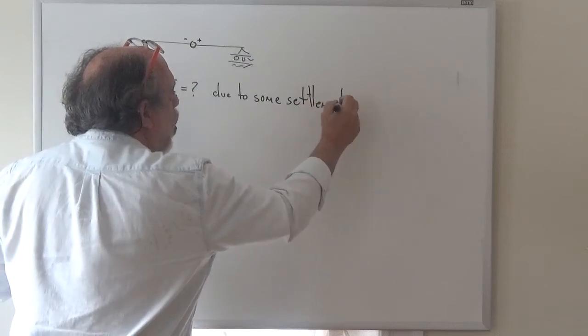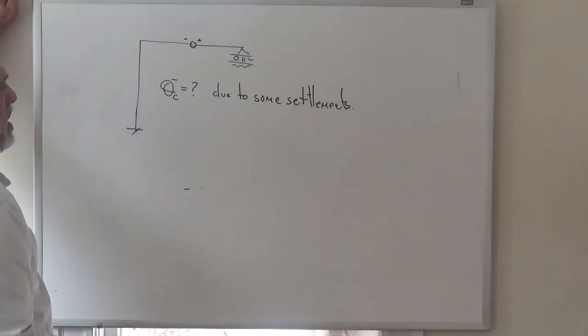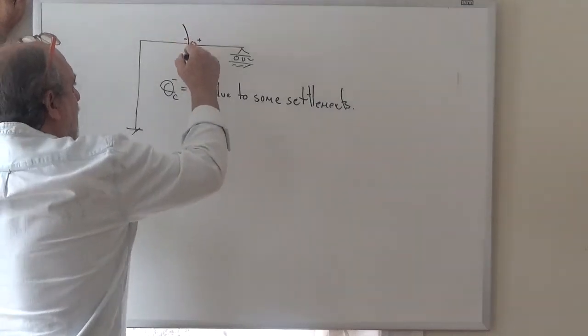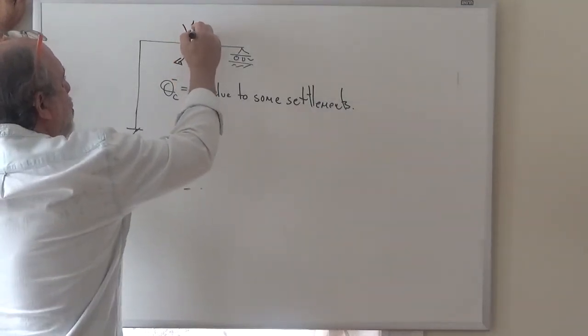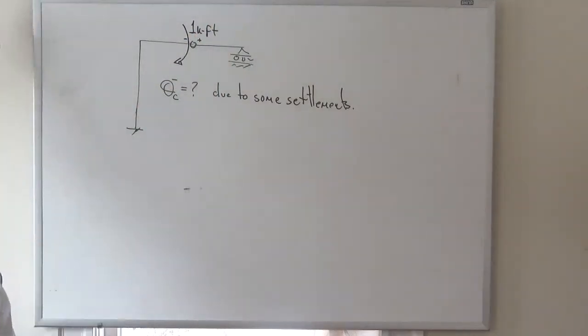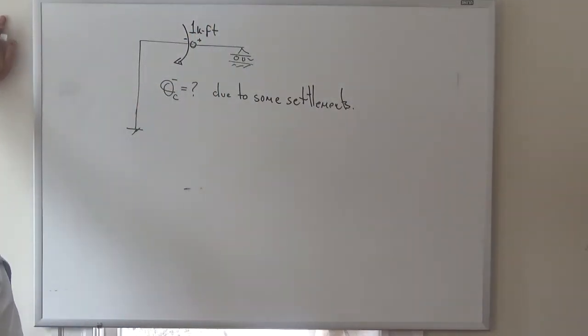I don't even have to know what the settlements are to start my problem, right? Because the question is, find theta C on the left side, so I need to already know that I have to apply a unit action, and in this case I'm going to call it kip feet because the units are kind of relevant in this problem when settlement is the issue. And I have to apply a 1 kip load and I have to solve for the reactions. So that's it, right? So I've applied my 1 kip load on the left side of the hinge,